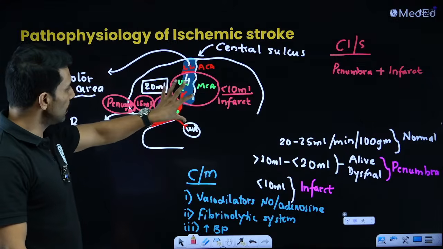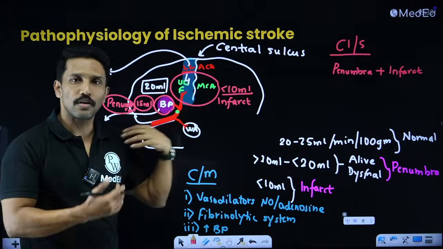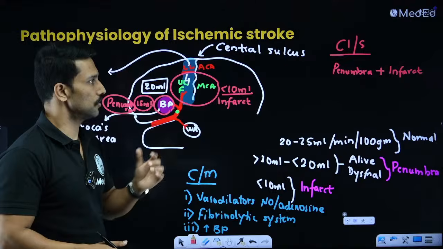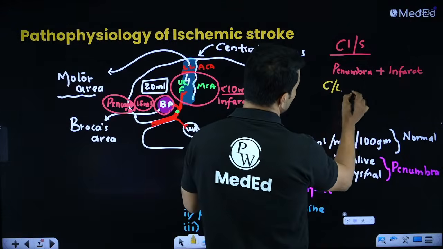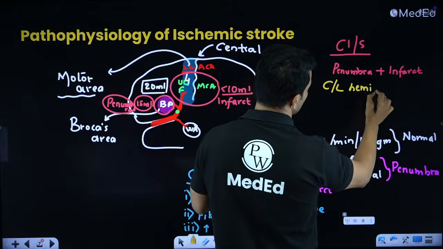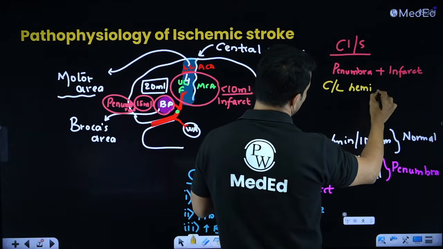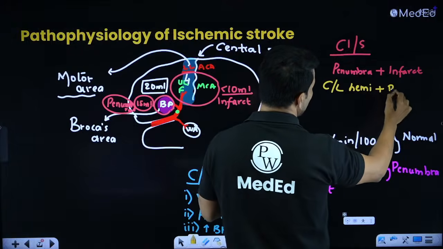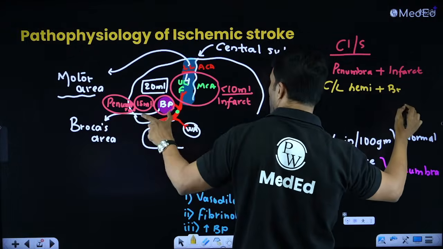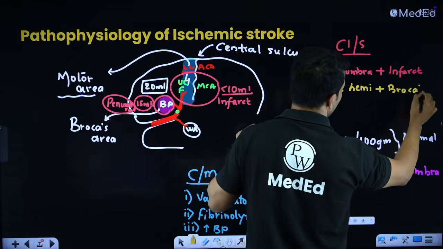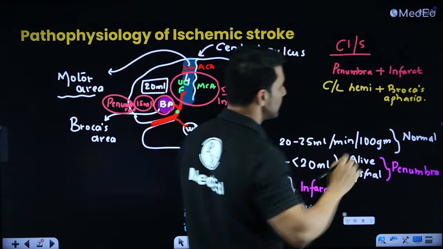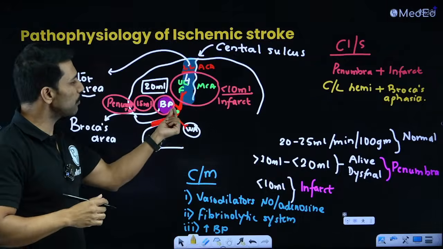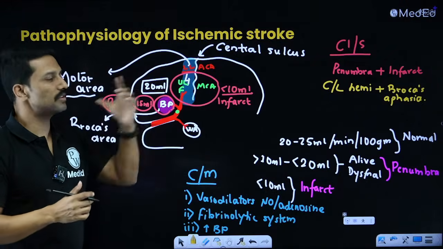Broca's area is not working, motor area is not working. So he will have contralateral hemiplegia and Broca's aphasia. So when he presents to me, he will have contralateral hemiplegia because of the motor area infarct, plus he will have Broca's aphasia because of the penumbra involving Broca's area. Now when I start doing something to open this blocked blood vessel and re-establish the blood flow,